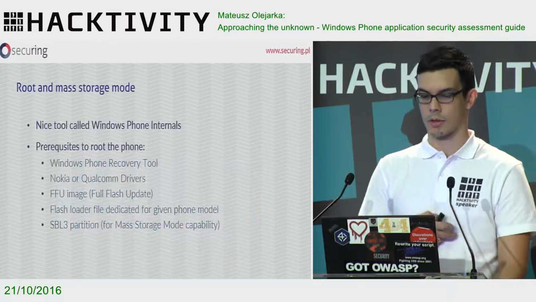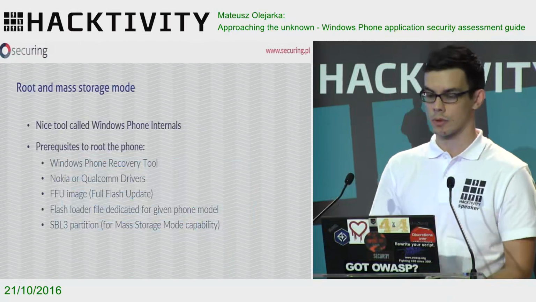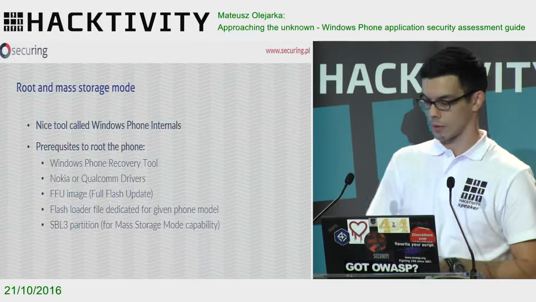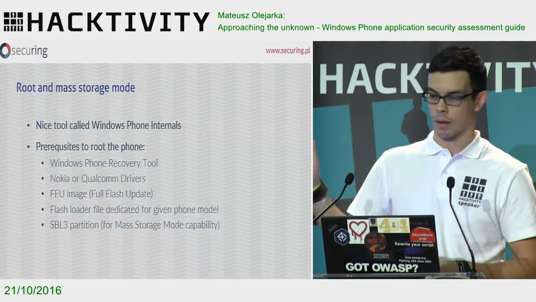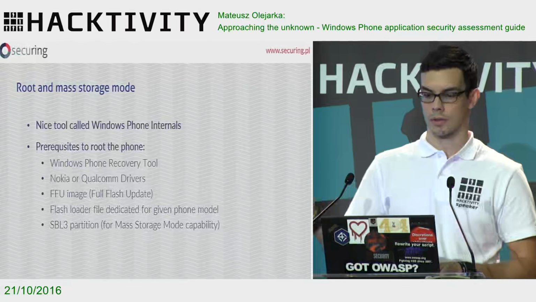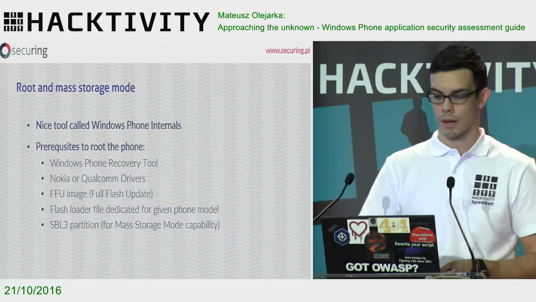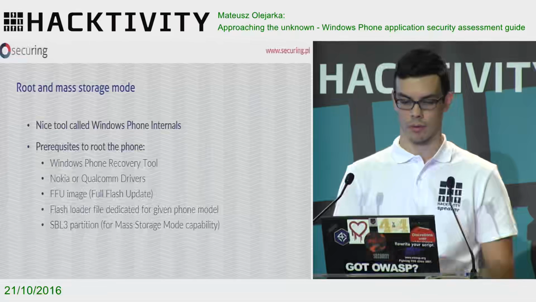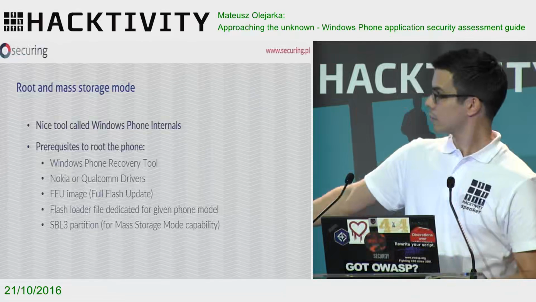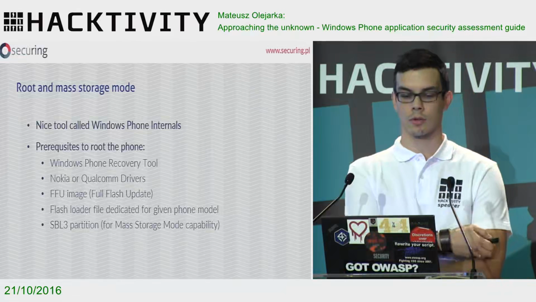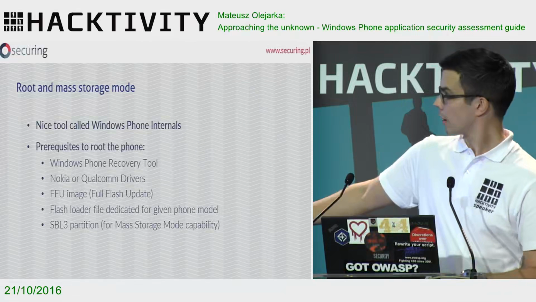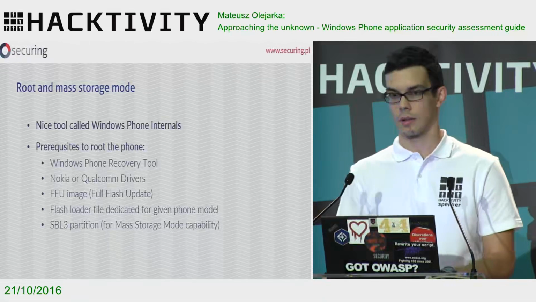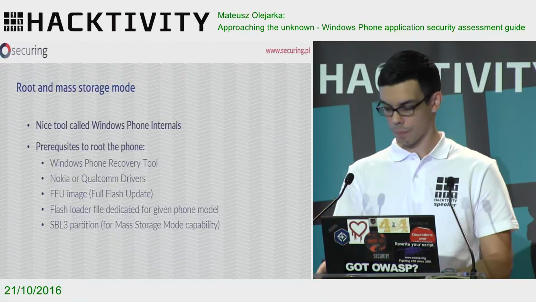If the emulator is not the case, and you get a link to download the application from the Windows Store, you have to use this nice tool, Windows Phone Internals. You have to grab a specific version of the phone, which is listed on the site of this tool, in order to unlock the bootloader and get access to the data on the phone. There is a bunch of prerequisites you need. Install some tools or drivers. You have to download those files connected to your device in order for this tool to work.